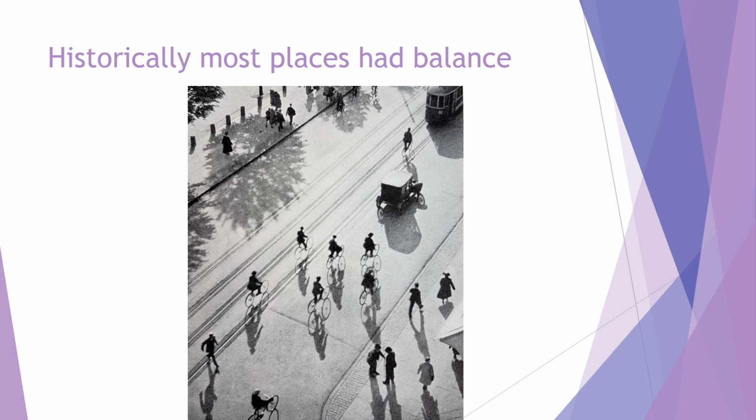So historically, most places did have much more of a balance. This is an image from somebody that I follow on Instagram who is one of the main transport planners in Copenhagen. Really beautiful old photograph of a mixture of transport in Copenhagen. Somebody could probably date the picture by the transport modes here, particularly the old car. But you can see the mix here of trams, cars, people on foot, and lots of people on bikes. And obviously the transport is all going slow enough that there's easy mixing of the different modes.